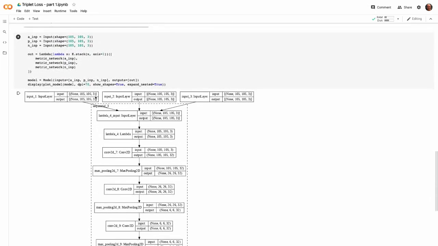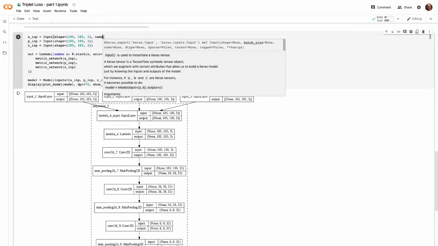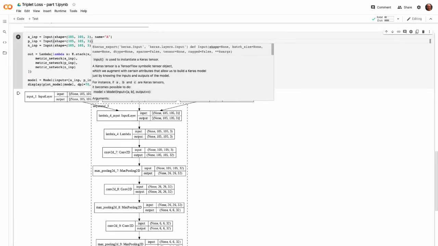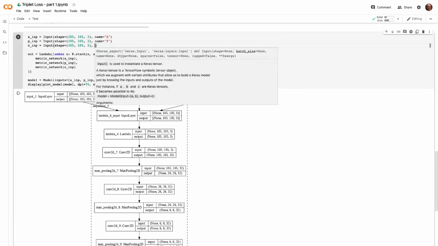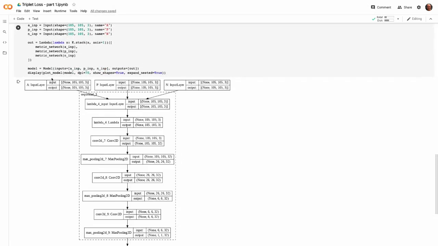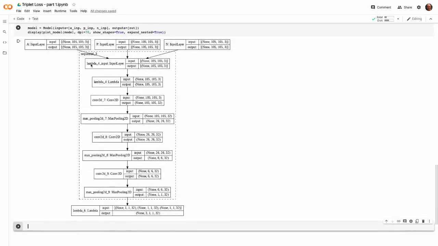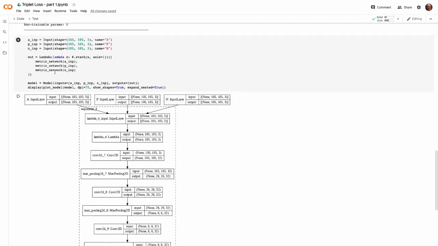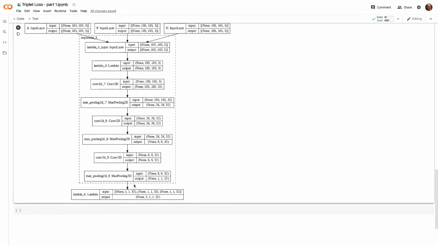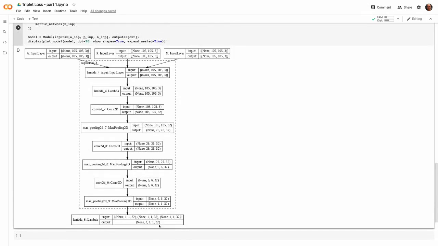Okay, so we have images. We have 1, 2, 3 images. Maybe we can name these as well. Let's say this is the A, this is the P, this is the N. So we have A, P, and N. Then we have the sequential, which is the metric network. They all pass through the same network, and we end up with 3 nodes, 3 embeddings actually, which are then